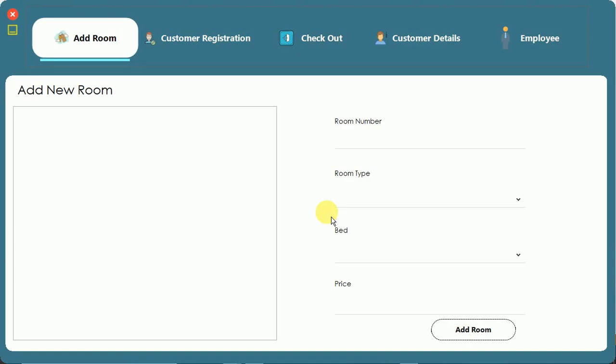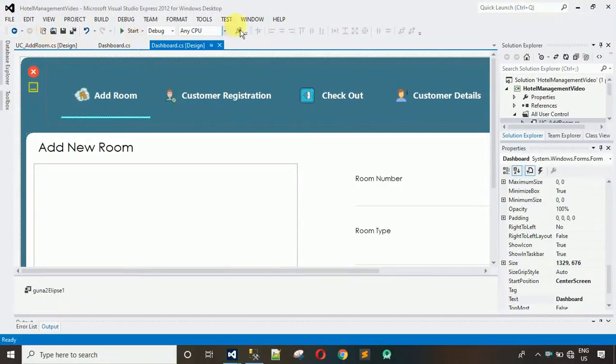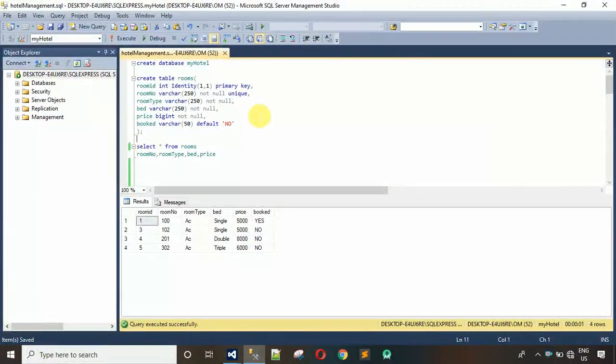Okay, so in this video, I'm going to show you how to write the backend code for this. Okay, so let me start with that. So first I'm going to close this. And after this, before we start coding, first we need a container to keep something inside. In the same way, we need a database, we need a table to store data inside that table. Okay, so first open your Microsoft SQL Server Management Studio, and there you have to write this query, that